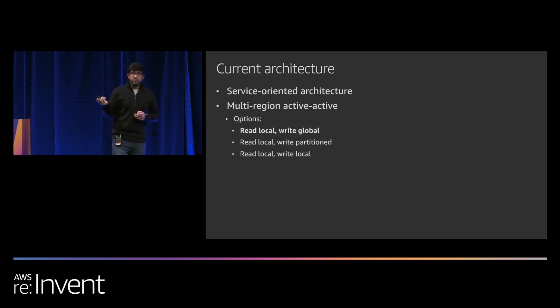So we have write global, which is where all writes across the globe go to a single region. So you have a single primary region in that case. There's also the write partitioned or sharding approach that Harsha mentioned. So here, you partition users based on their location. But at any point of time, wherever that user is in the globe, they would still always write to their particular assigned region. And finally, there's also the write local approach, where all regions across the globe accept writes. But in that case, you always need to have some sort of write conflict resolution to deal with concurrent writes across regions to the same row. So that adds a bit of complexity over there.